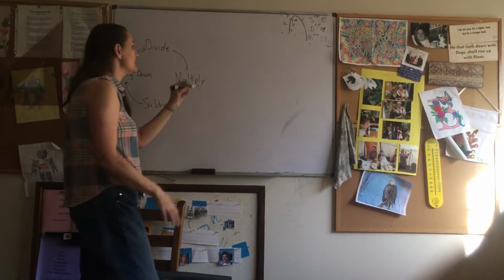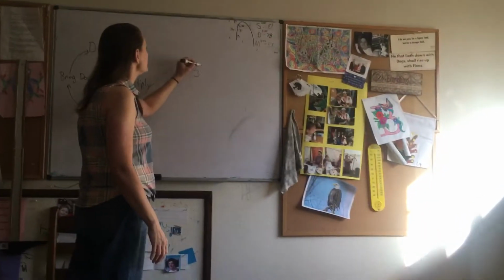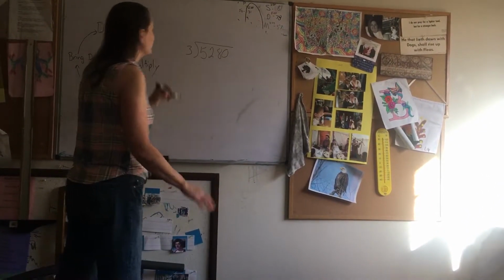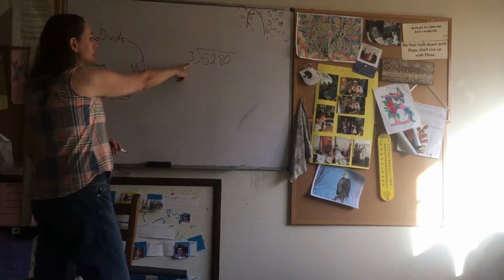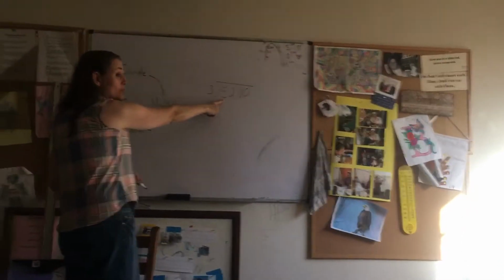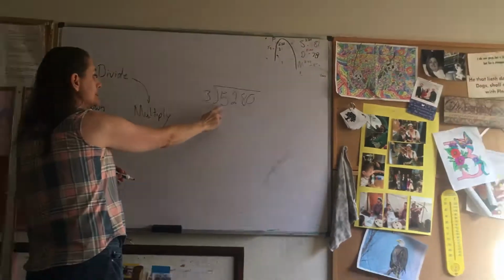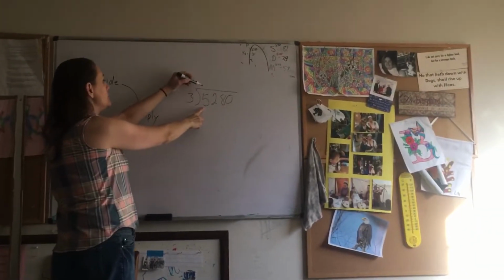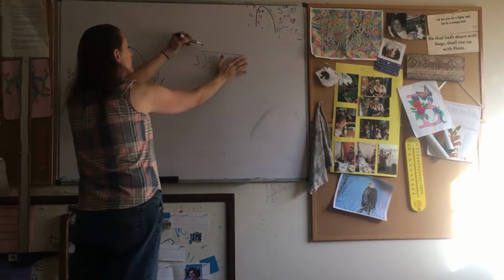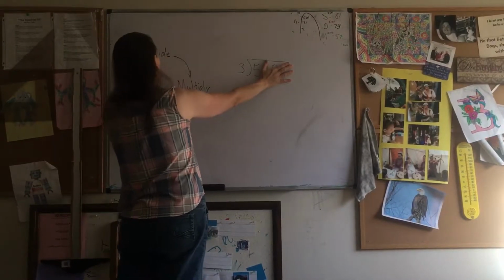So, let me show you an example. Let's say 5,280 divided by 3. First thing to note, this is a one-digit number. So I'm going to start with a one-digit number inside here, and whatever I do, it's going to wind up right above this 5. That's important. So we're going to ignore all of these numbers first,